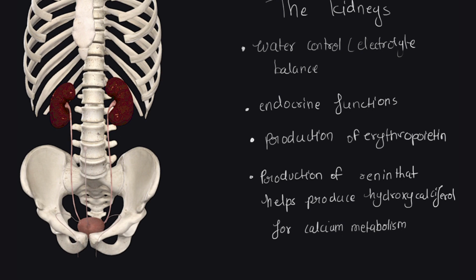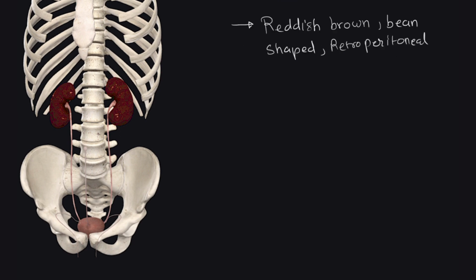Renin helps to produce a specific enzyme known as hydroxycalciferol, and we need hydroxycalciferol for calcium metabolism inside our body. So that was basically all of the functional aspect of the kidney, but we are more concerned about the anatomy of the kidney. So it's important to take a look at it from a more anatomical view and see what it looks like. If you look at a typical fresh kidney, you can see that it is reddish brown, bean shaped,